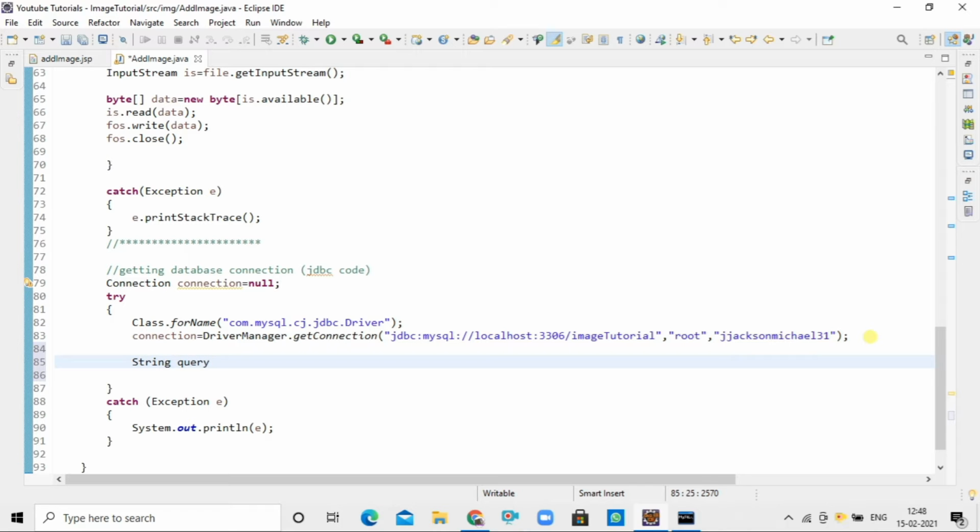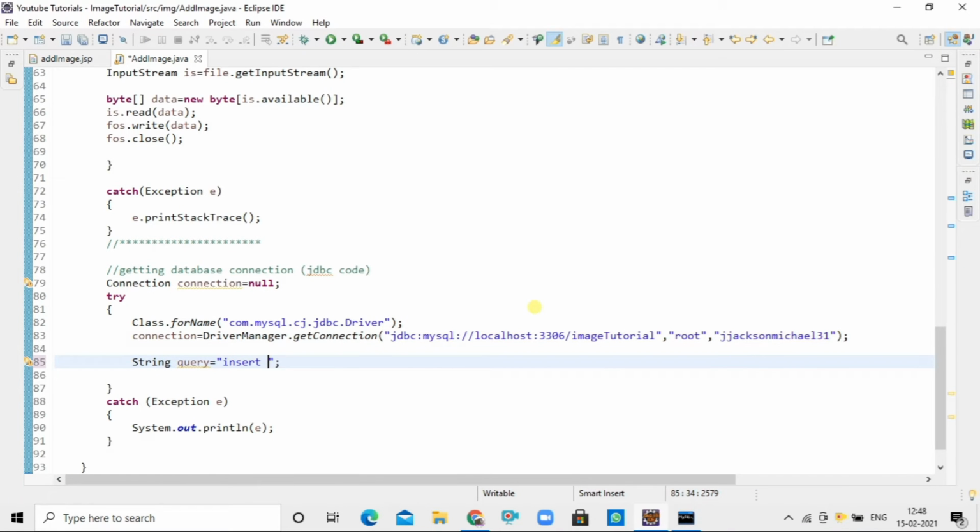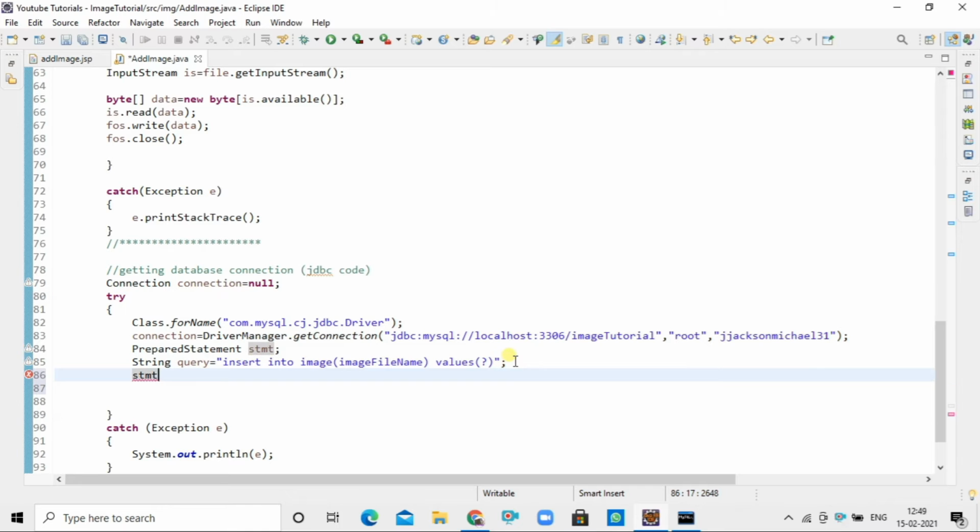Creating the query. Since we want to upload the image file name into the database, we will use an insert query. And for inserting the data into the database from here, we have to use PreparedStatement. This is the JDBC code.